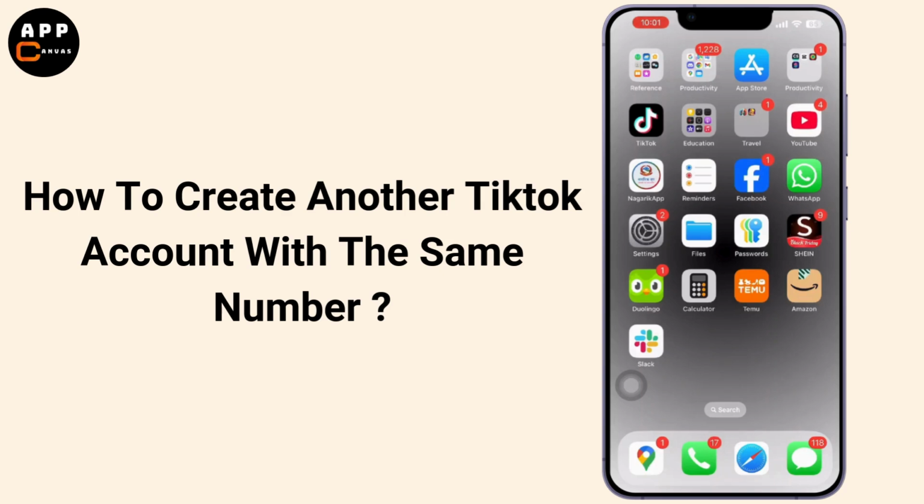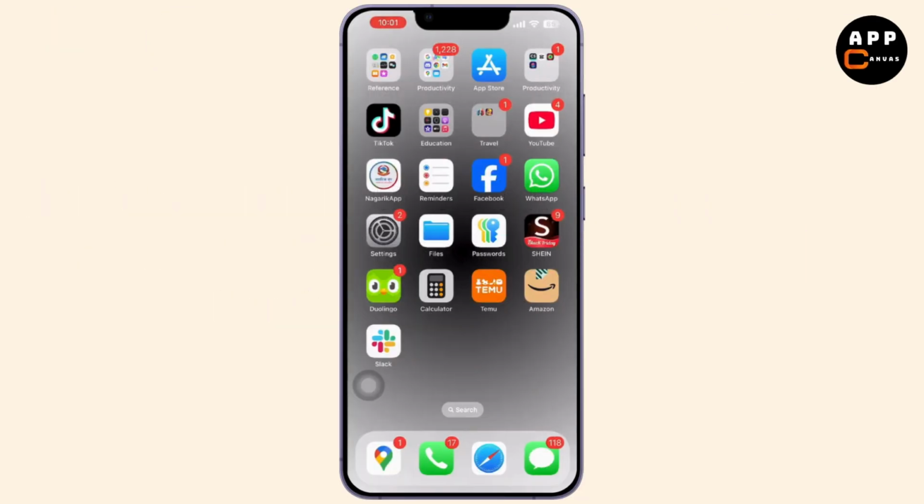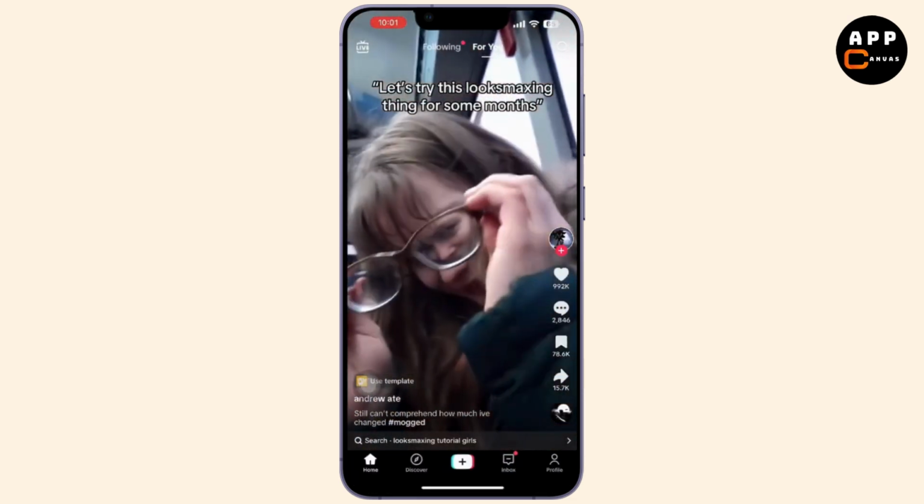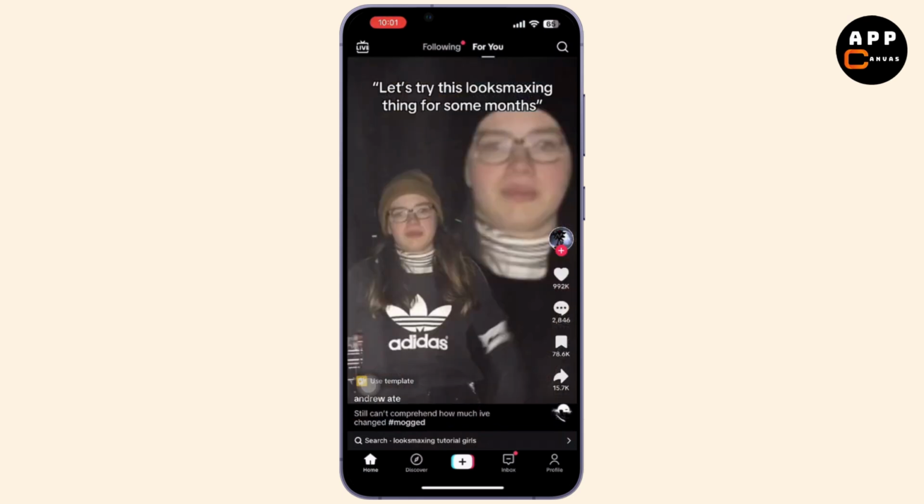On how to create another TikTok account with the same phone number. So let's get started. Firstly, launch the TikTok app on your mobile device. If you are logged into an existing account, then simply tap on the profile icon at the bottom right corner